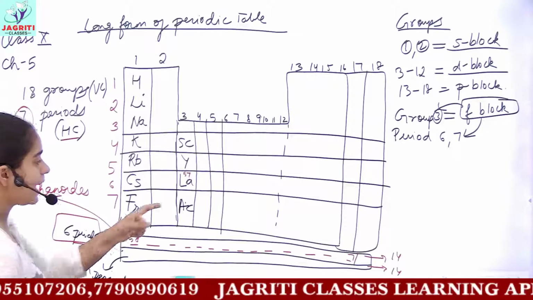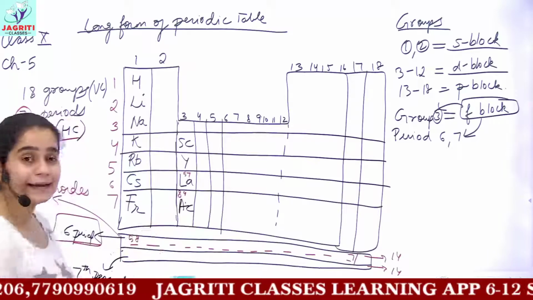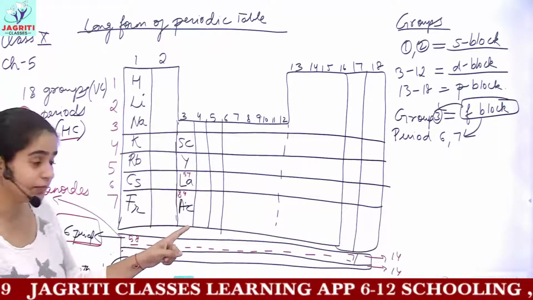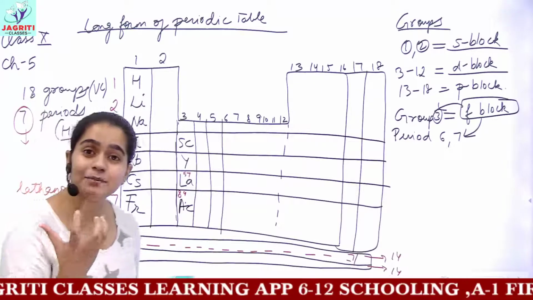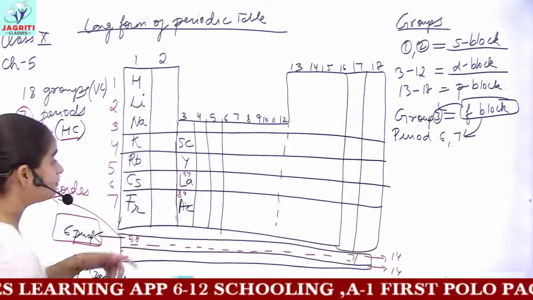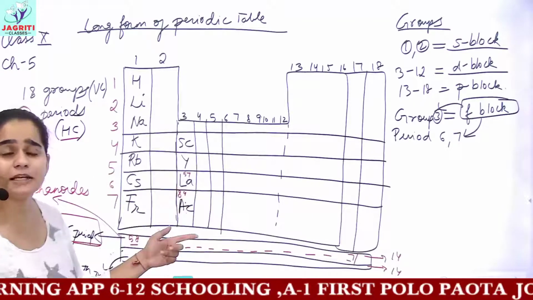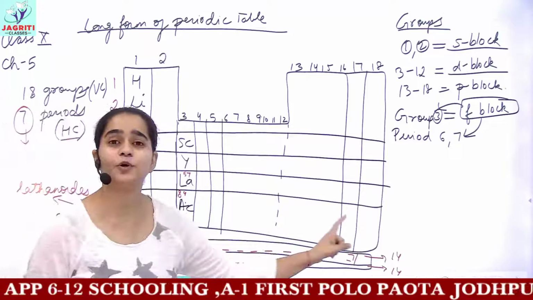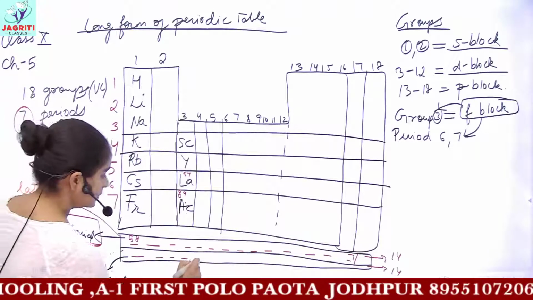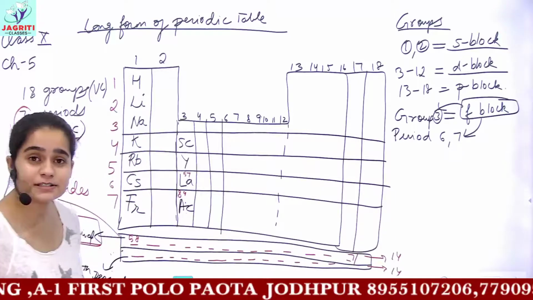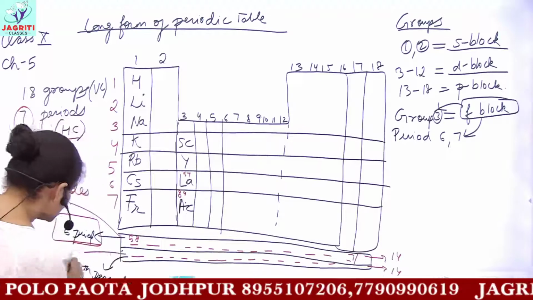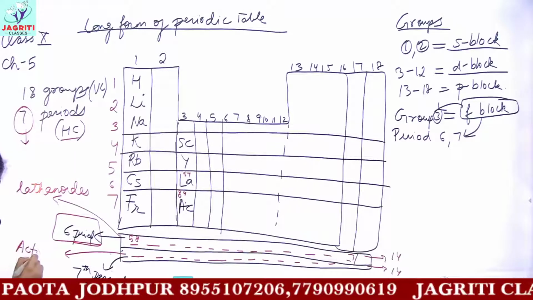And because we have our element with atomic number 89 coming in group 3 and period 7, which is actinium, we also found 14 more elements which had the same properties as actinium. For the same reason, we can't arrange them in the table, because our periodic arrangement would be disturbed if I try to place all these 14 elements at the last of the series. So these were called actinoids.